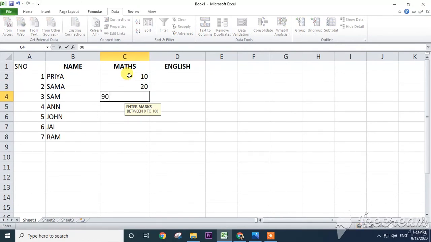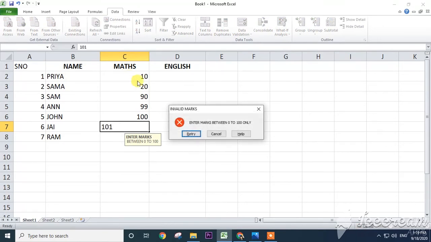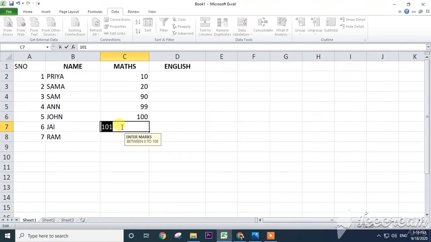Now here write 90, also fine, 99 also fine, 100 also fine, and if I write 101, see, enter marks between 0 to 100 only, with retry or cancel or help options, it's showing invalid marks. So I will click retry here and I will write 0, also fine, no issues.